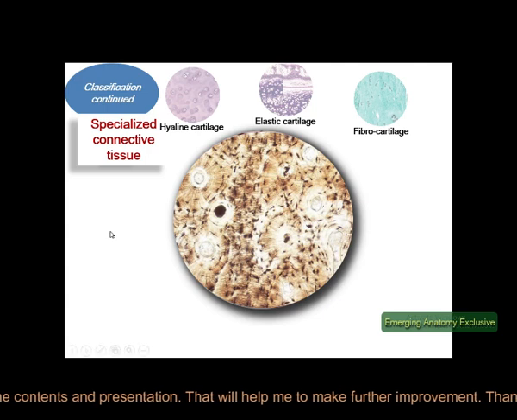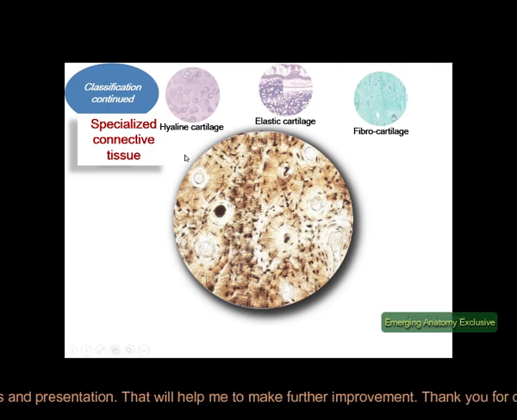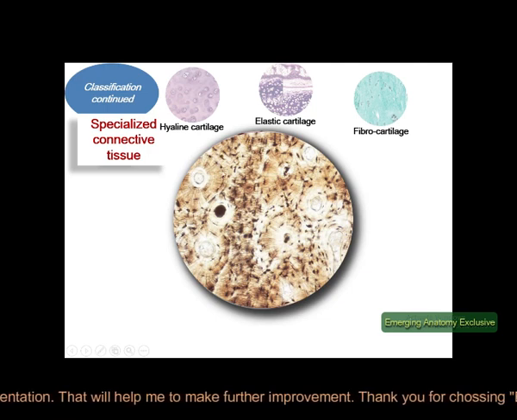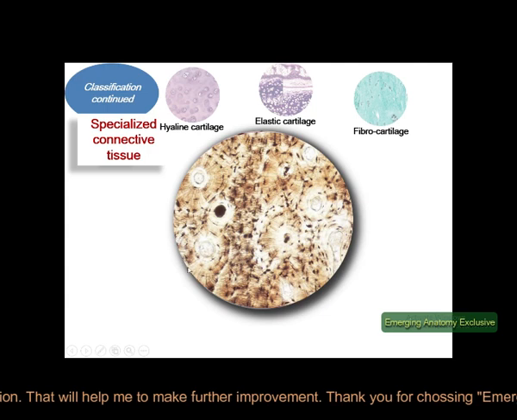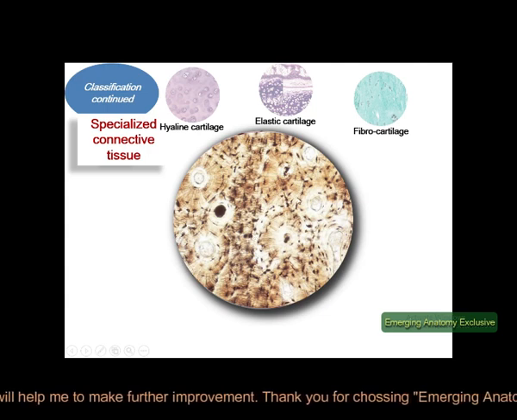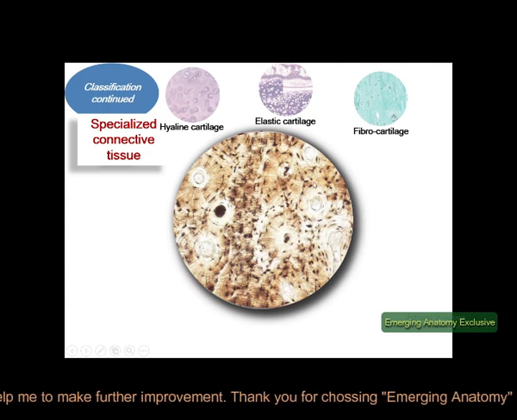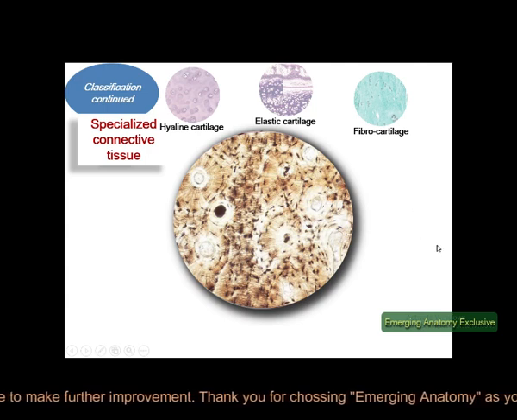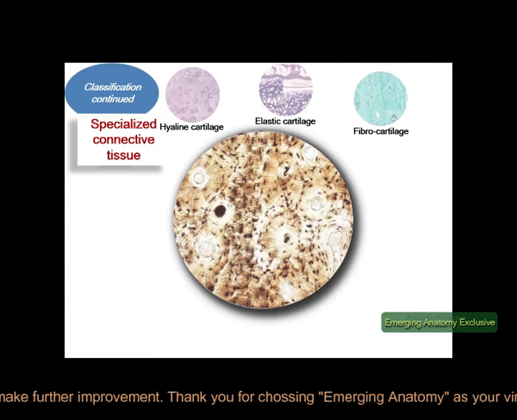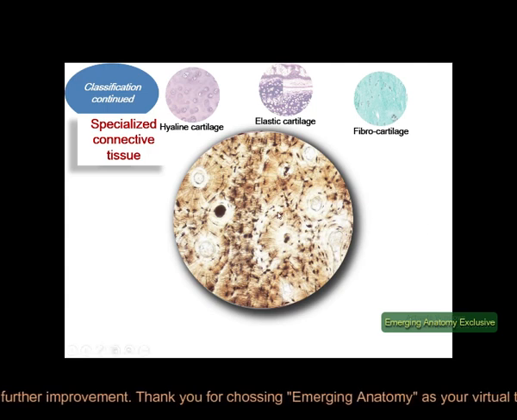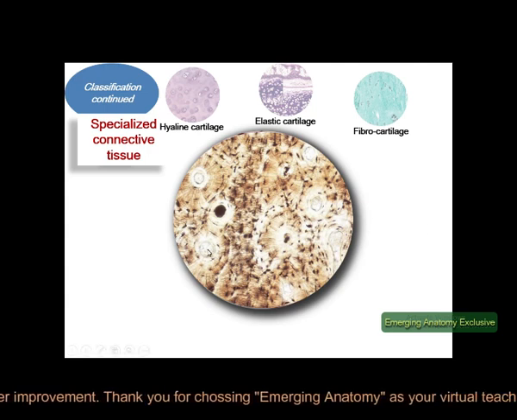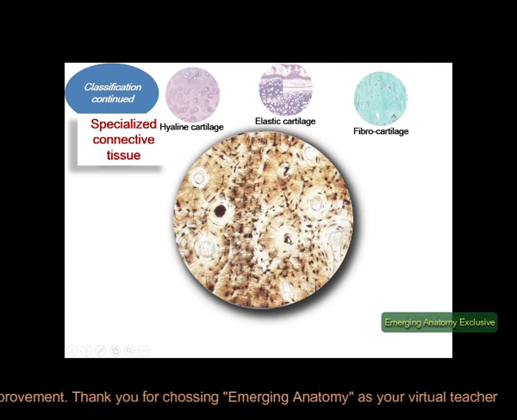There are many osteons or Haversian systems that constitute most of the compact bone. Here this is one osteon, here is another osteon, here is another osteon, here is another one. Shown here is an osteon with 3 to 4 concentric lamellae surrounding the central canal. This is the central canal. Here is another central canal.